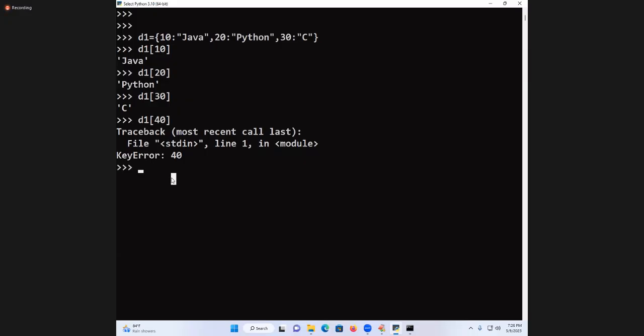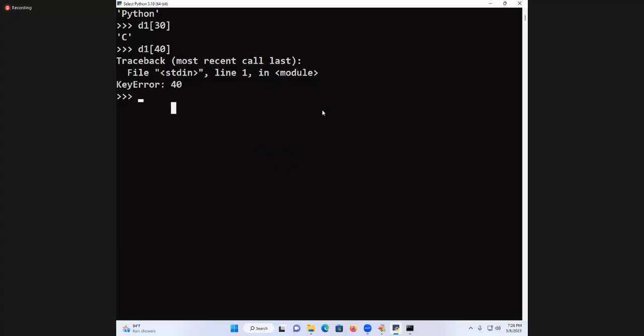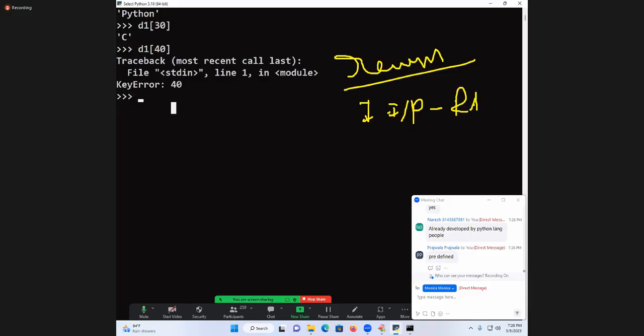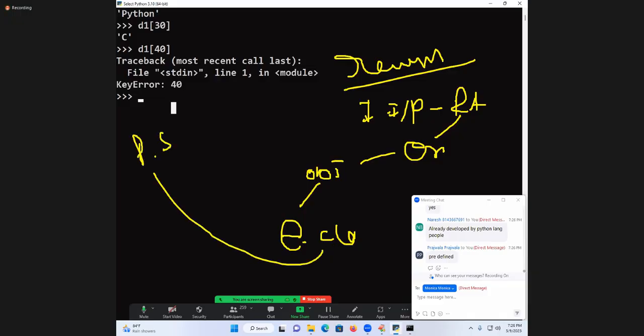Programmer defined exception is there. That is the ultimate. Programmer defined exception. I am entering an ATM center and I am keeping my card in reverse order. Keeping the card in reverse order is called what input? Invalid input. Invalid input requires what? Runtime error. Runtime error is known as what? Exception. Need to create what? Require what class? Do you have the exception class in Python software? Not there. Who needs to develop it? That's why it is known as programmer defined exception class.